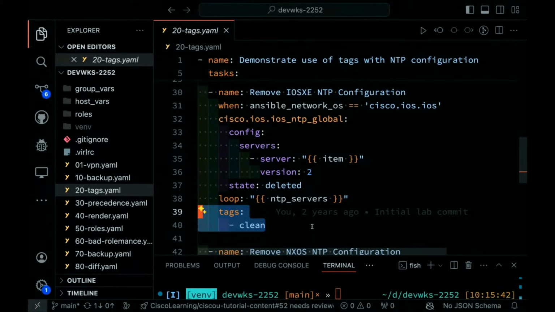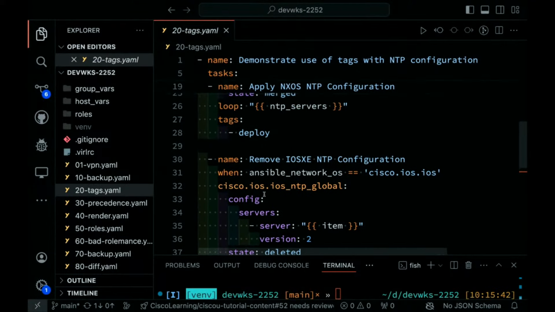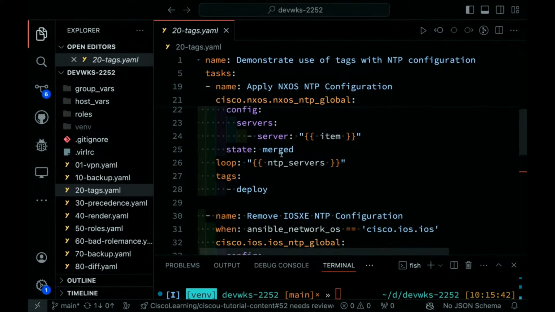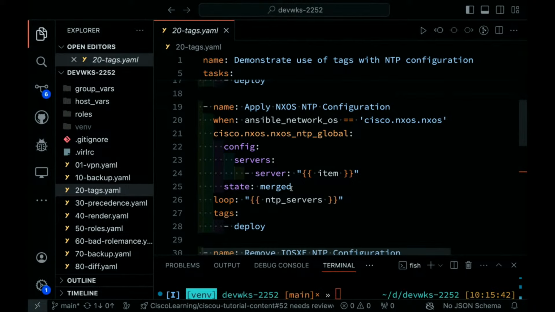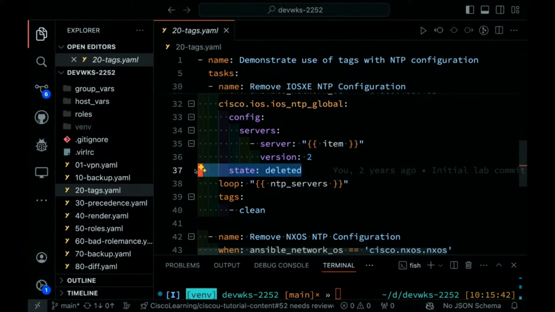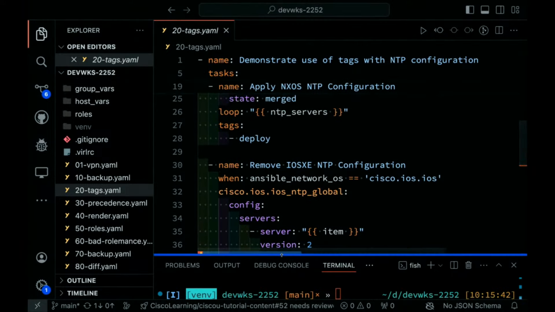Not only that, because I have repeated these things, I have an Ansible playbook that will deploy and clean on iOS and deploy and clean on NXOS. So I've been able to create one playbook to work on multiple devices to move forward and reverse. And if you look, probably when you have the code, because this is a real small window, all I've done between the two is change from state merged to state deleted. Everything else is the same. I've just changed my state. So I've had a lot of reuse here to create that same task. So what I'm going to do first,